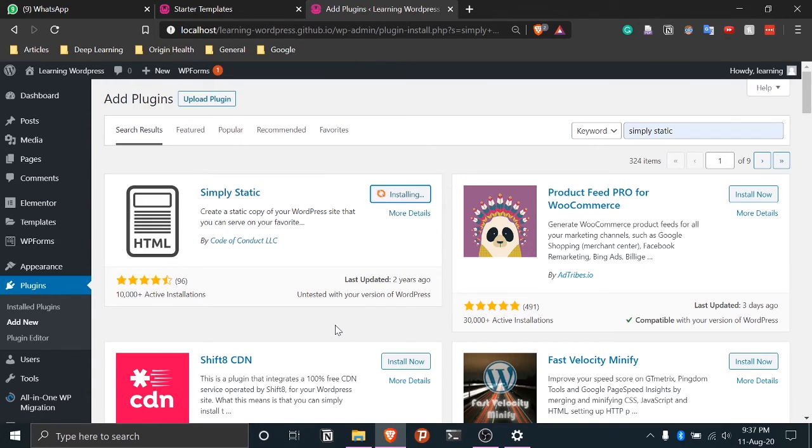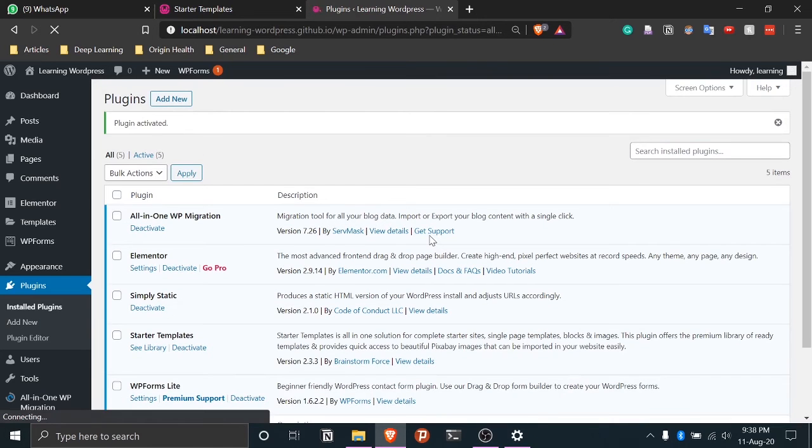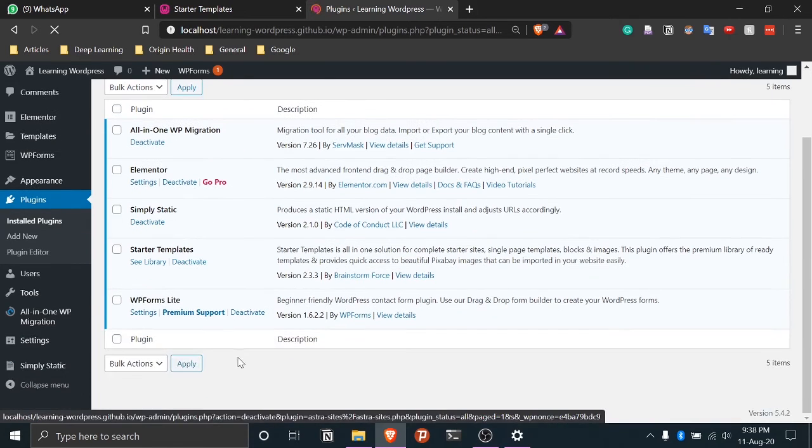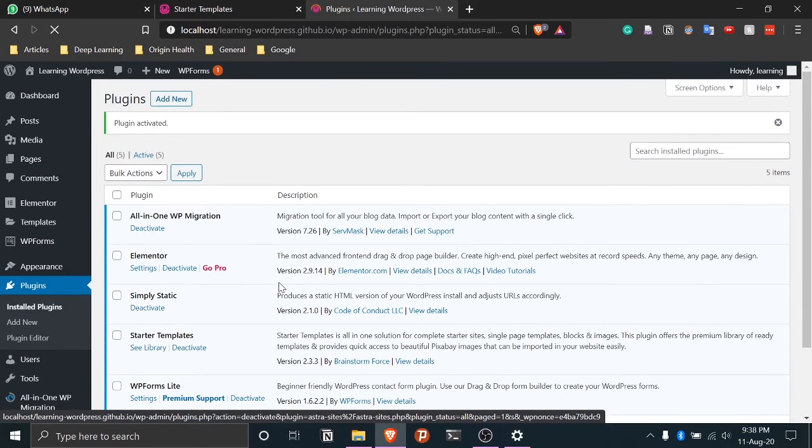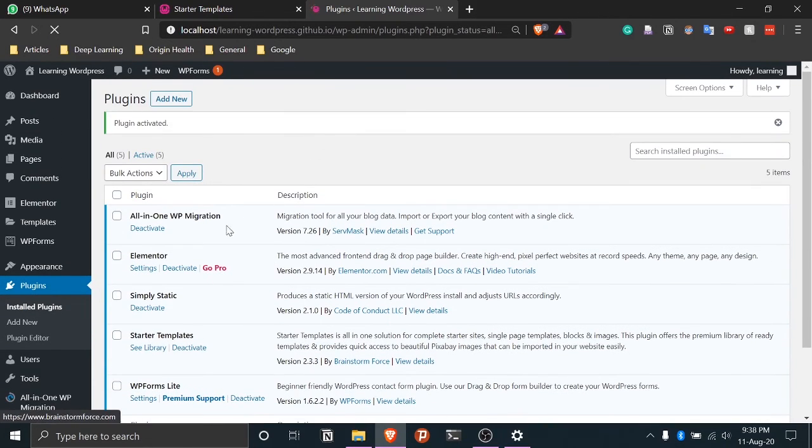It is actually needed when we host our website onto GitHub, because there are two different kinds of websites: one is called a dynamic website, and the other is called a static website. GitHub only hosts static websites, and the websites that we make through WordPress are actually dynamic. So we need this plugin to convert our dynamic website into static web pages, which we can then directly host on GitHub. Once we have that installed, I think it's done. Yeah, it's done.